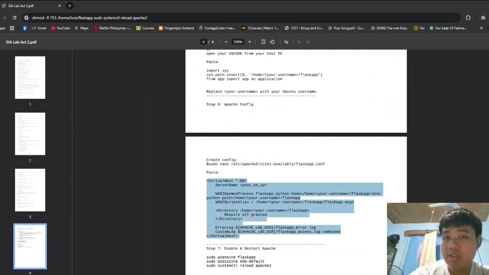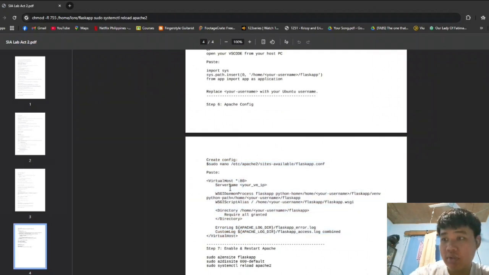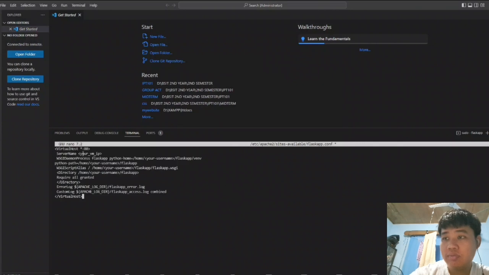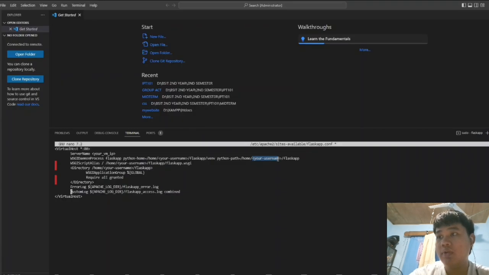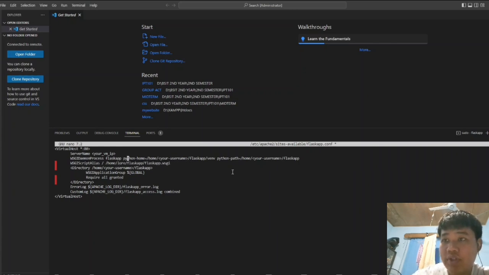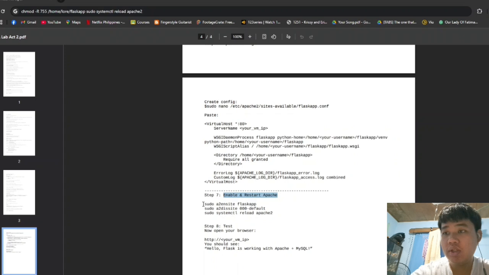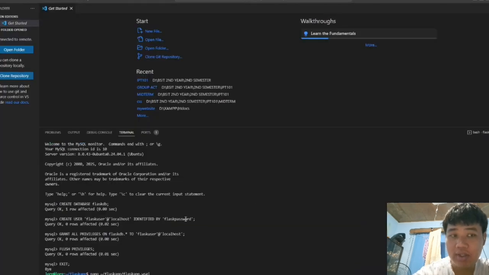We will just copy paste it here, we will paste this, and then we will just copy paste this onto the virtual host in the nano, and then we will put our username right here, and then after all of these, next, for step 7 we will enable and restart Apache.